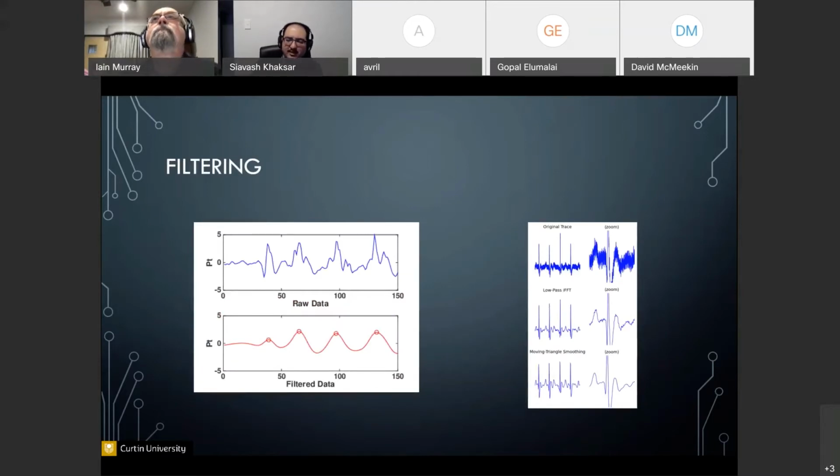And of course, we have filtering, which is very important, especially in terms of IMUs, where they're prone to drifts and noise from the environment. So we usually have to filter that data with some sort of low-pass filter. Popular filters used for IMUs are Kalman filters and complementary filters, and sometimes a mixture of